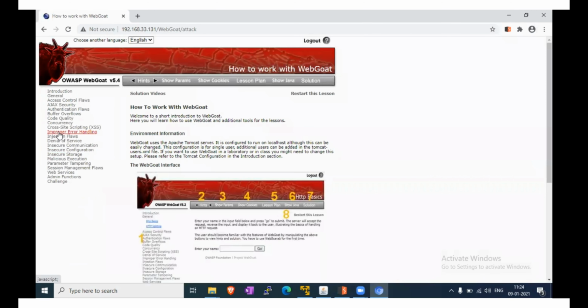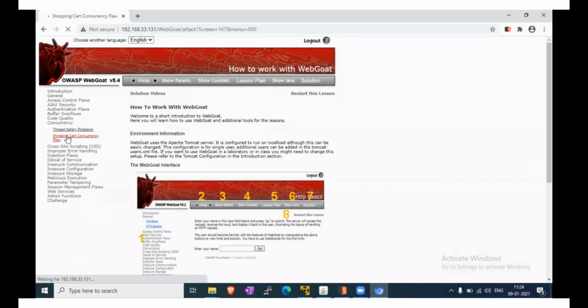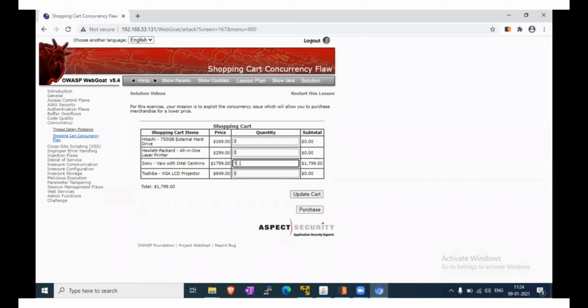First we have to check the concurrency shopping cart flow. Here we will check the price and update cart. We have selected one quantity and its price is showing approximately $1,800.